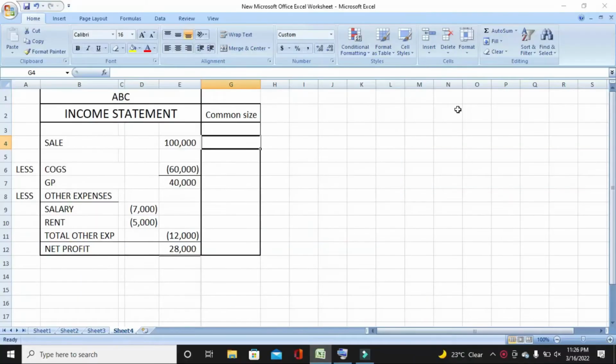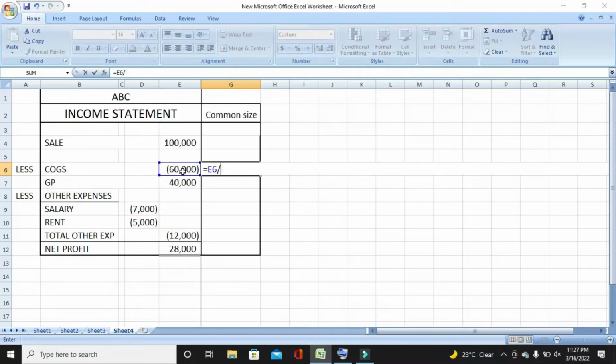So how will we calculate the common size of the income statement? For calculating this, we have a few figures. Here we will divide every number of the income statement with its representative value, which is 1 lakh rupees. Sales is the representative value of all the figures, so we will divide every figure with this amount. So it is around